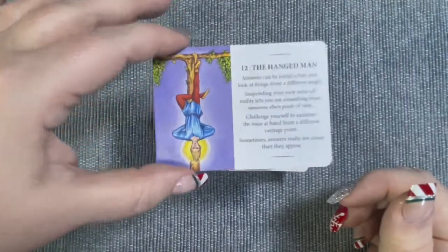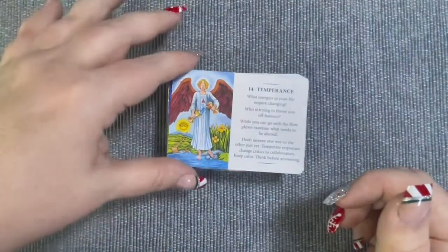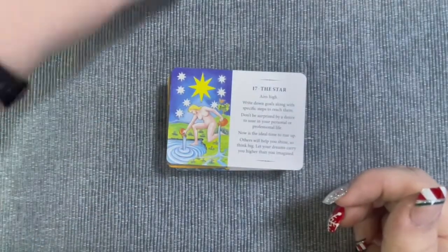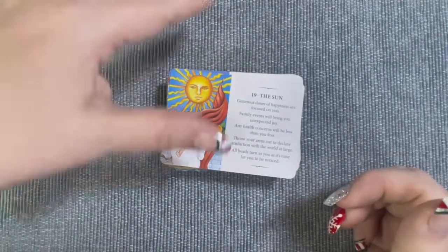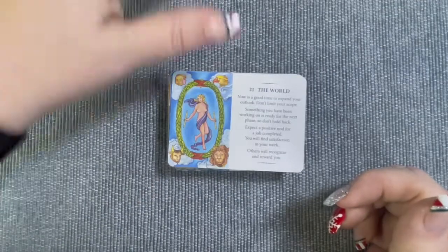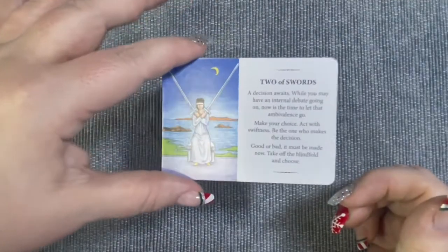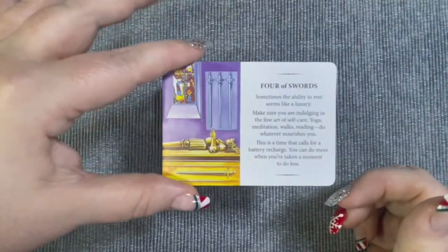Justice, the Hanged Man, Death, Temperance, the Devil, the Tower, the Star, the Moon, the Sun, Judgment, the World, the Ace of Swords, 2 of Swords, 3 of Swords, 4 of Swords,